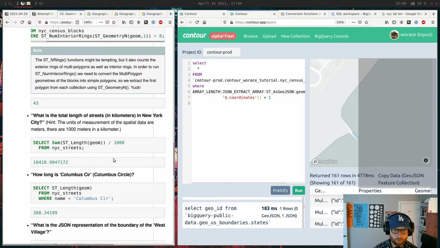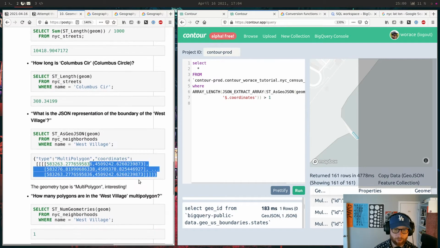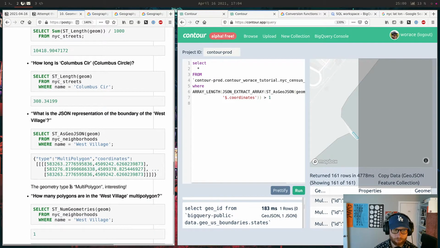What is the JSON representation of the boundary? Oh, well, I don't really care about that because my whole thing is built on GeoJSON. The way this whole thing works is that when it submits the job, it waits for the job to finish, and then when it's finished, it goes out to BigQuery, starts to download the results, and if there's a geography column, it converts that to GeoJSON. And so that's how we were rendering them here.